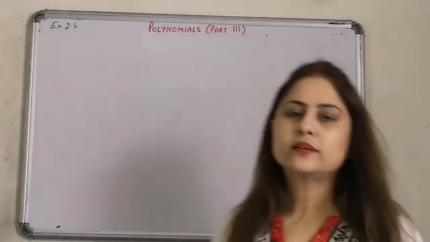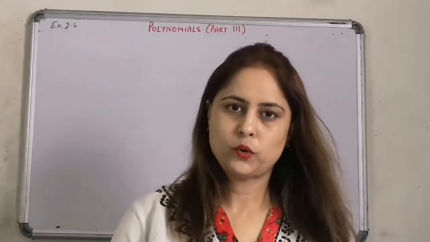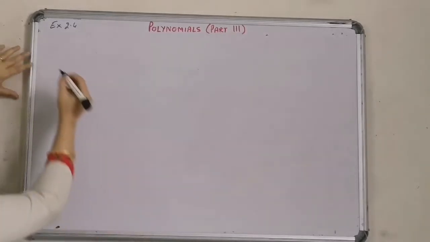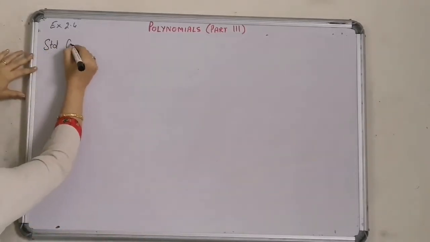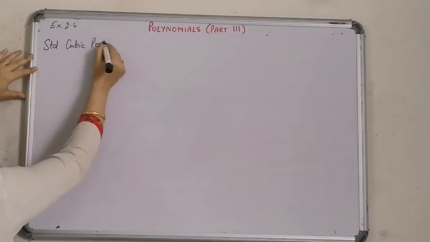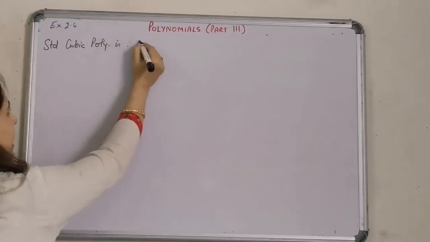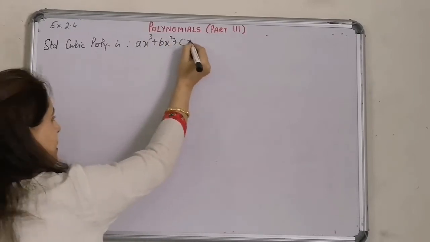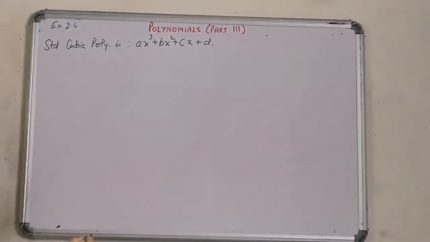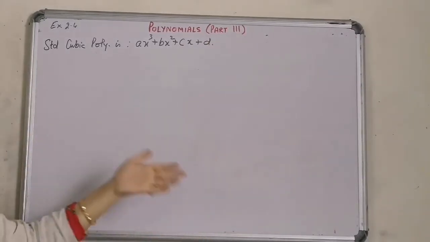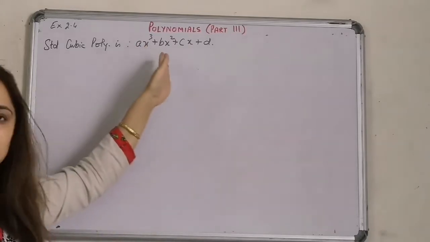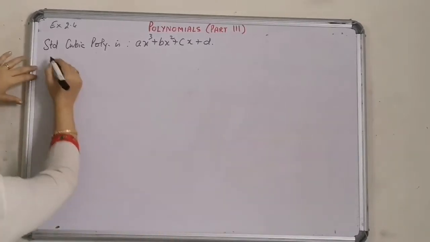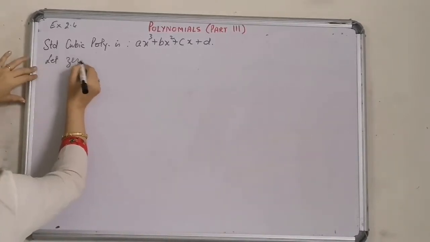So boys and girls, right now we are going to carry on with the questions of cubic polynomials. Let's proceed with the zeros of the standard cubic polynomial. The standard cubic polynomial is a into x cube plus b into x square plus cx plus d. Let us suppose the zeros of this polynomial be alpha, beta and gamma. Since it is cubic in nature, its degree is 3, so obviously इसके 3 roots होंगे, 3 zeros होंगे. Let the zeros be